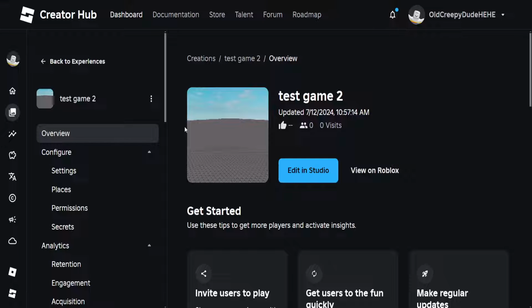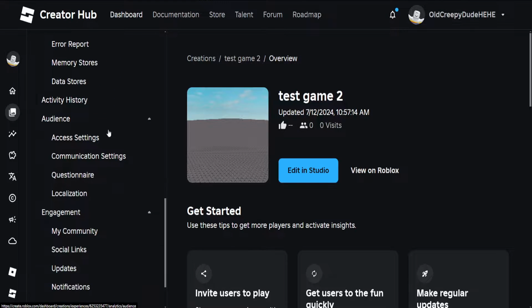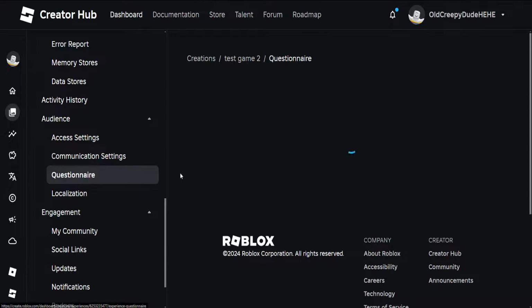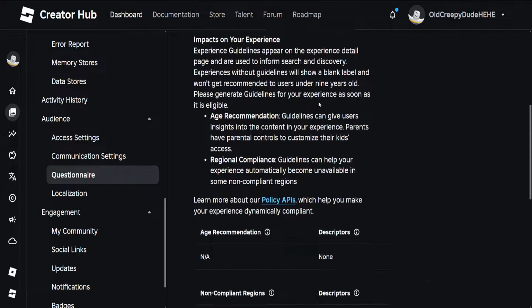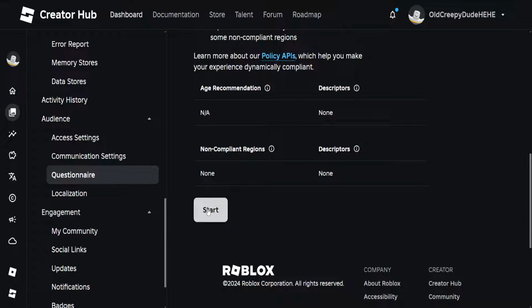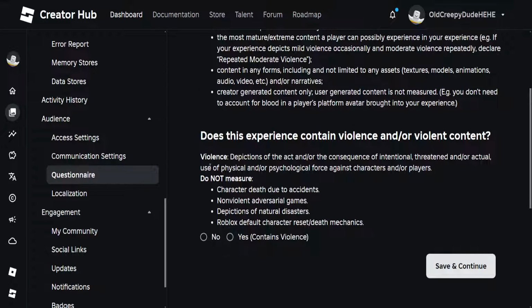Just click on the game itself, and from the left hand side we'll scroll down until we find questionnaire. So right here under audience you should have questionnaire. Just click on questionnaire and it's going to look like this: questionnaire not started. If we scroll down you will see the start button, so just click on start, and here you will need